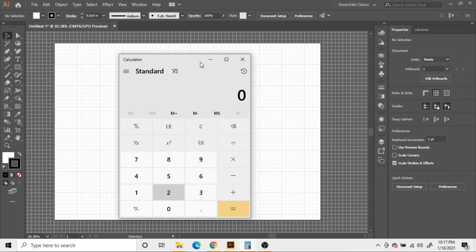Similarly, if we need to represent 30 feet, 30 feet to inches will be 30 into 12, and that comes to 360 inches. So to represent 360 inches on this piece of paper in the vertical direction like this, we will need to divide it by 48, which is our scale factor, which comes out to be 7.5.